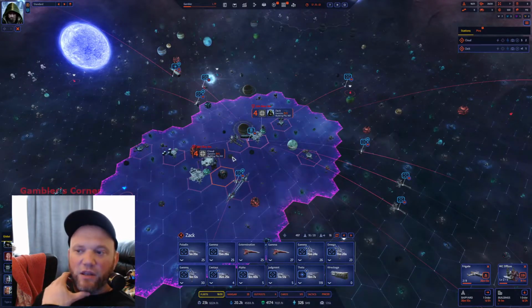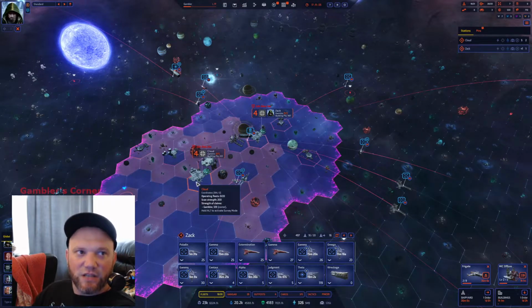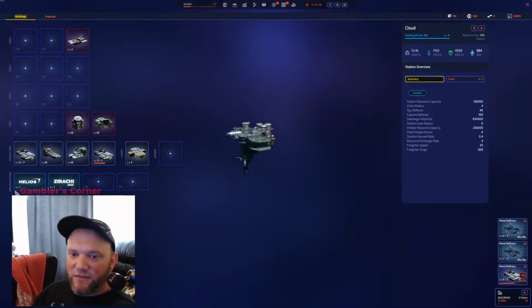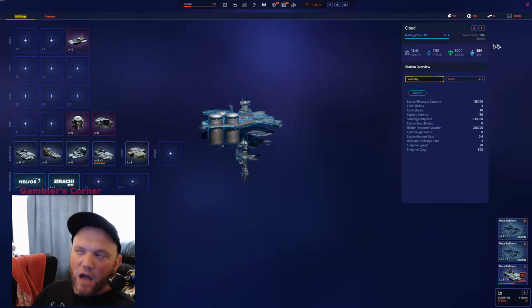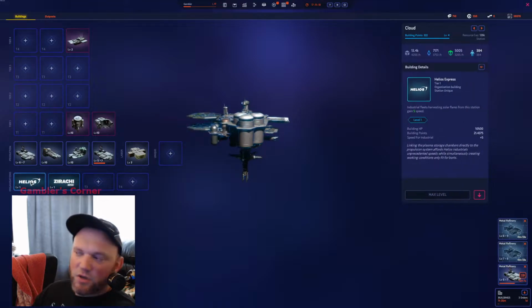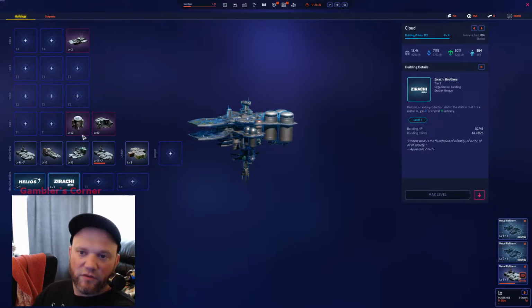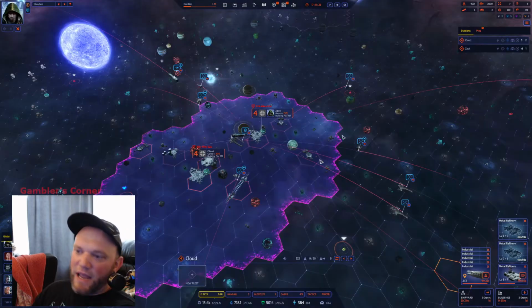And once you get your self-destructed station back down, you need to rush this thing to 120 as fast as possible. So what I did was I took all my resources from my first station. I made Helios, which is 21, 22 build points, Zerachi, which is 62 build points, and I just made enough of my refineries to hit 120. And then I instantly